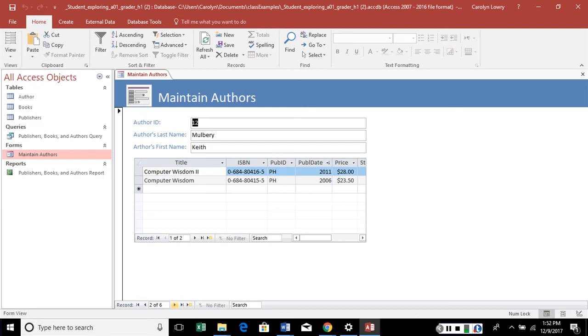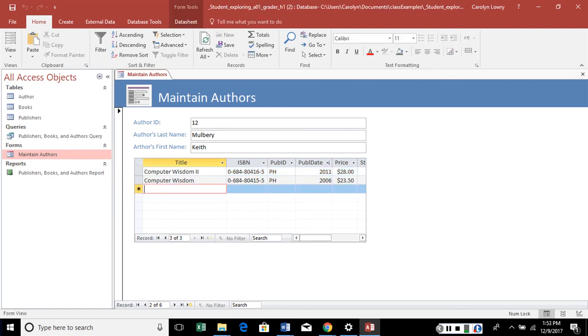So what it wants us to do now is to add a new title to the subform. I want you to notice that this form is the authors, and this actually comes from the books table. So we're going to put Computer Wisdom 3,